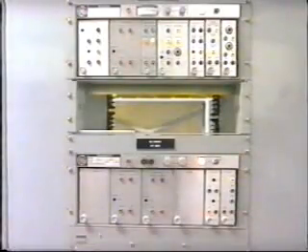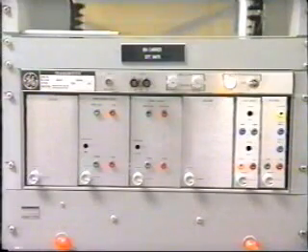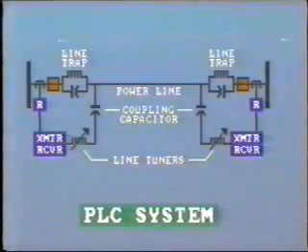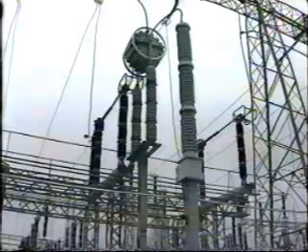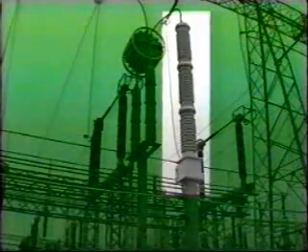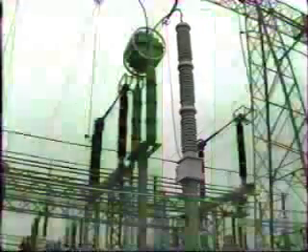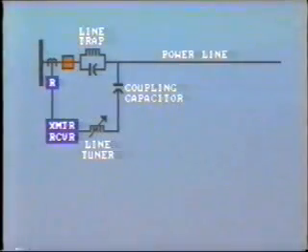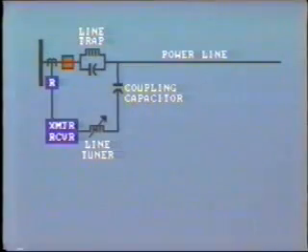Now let's look at transmitting and receiving. The carrier signal is generated in the transmitter, and this itself is triggered by the protective relaying scheme. In order to inject the high-frequency signal into the high-voltage power line, a coupling capacitor is used. This is a large, high-voltage capacitor, which is capable of withstanding the power line voltage under both fault and switching surge conditions. This effectively provides the insulation of the high-voltage line at, say, 230 kV from the low-voltage transmitting equipment,